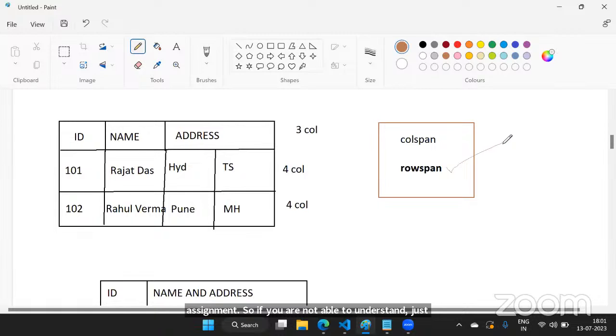Sir, I tried, but I'm not able to understand exactly how it is working. Okay, so first you give it a try. Let's see how many of you will understand. I think 100% people will understand it. But in case you are not understanding,